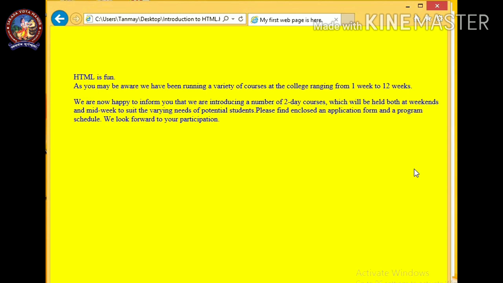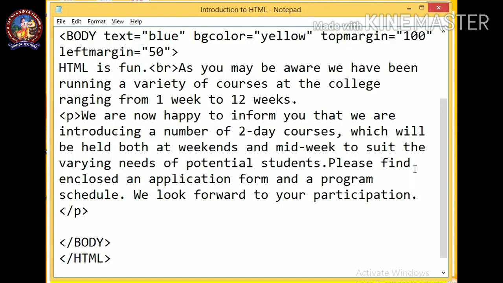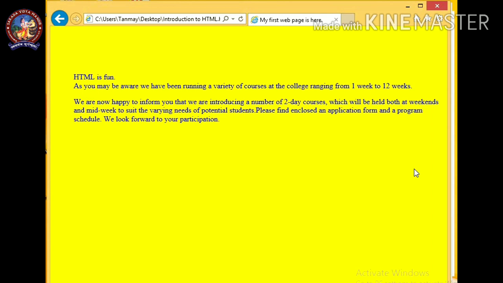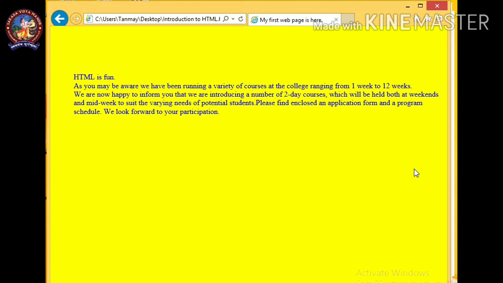So that's why it is different. So this is the use of the line break tag. Instead of a paragraph tag, if we use a line break tag here, that is BR, you can see it is breaking one line only. It is going to the next line.